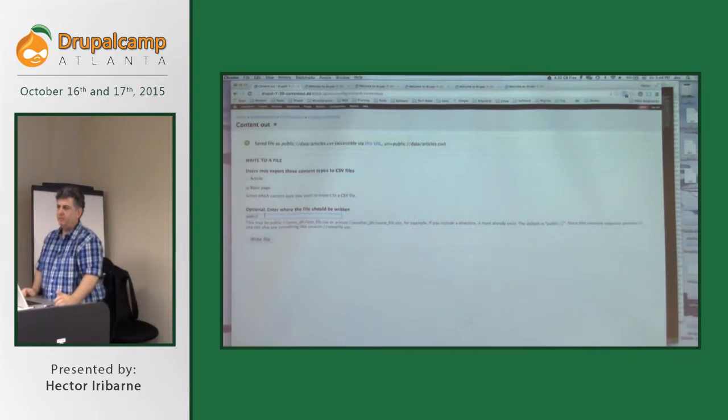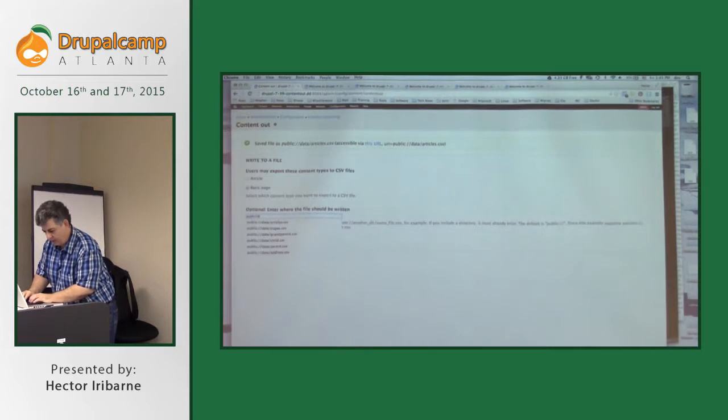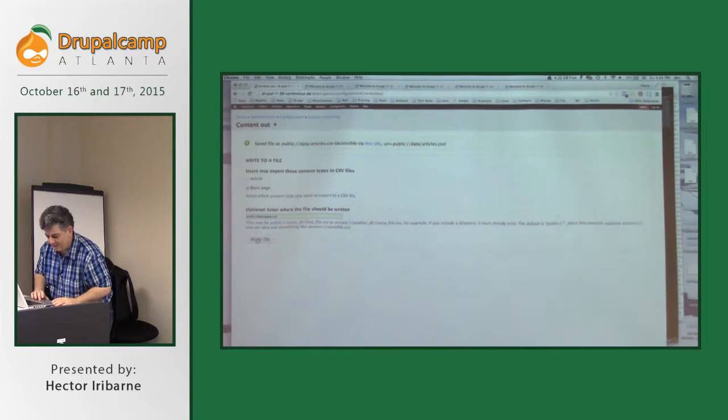And I made the UI simple as possible. You pick your content type, you put the name of the file and the path, and click write the file. It creates the file for you. So I'm always thinking when I'm doing something how other people want to use it. So I wanted to make it at least what I see as the simplest way. So I created the